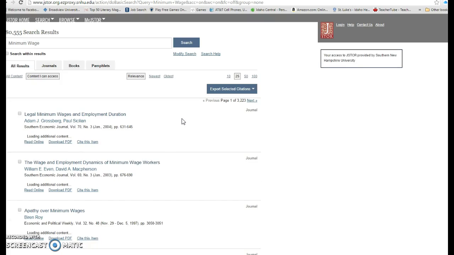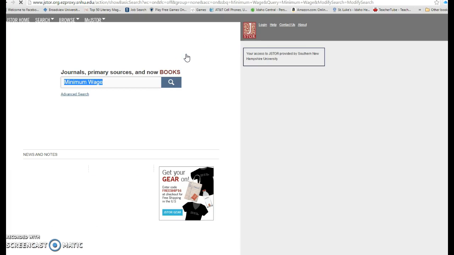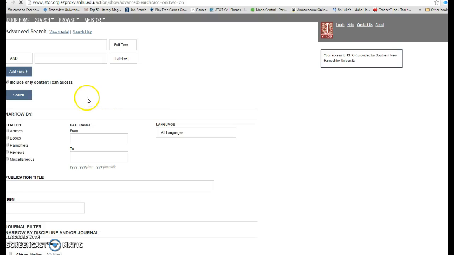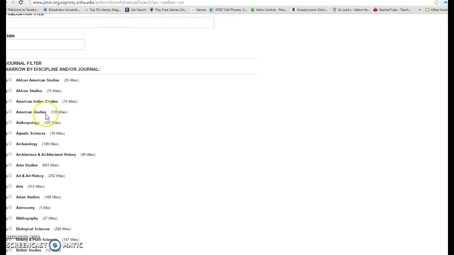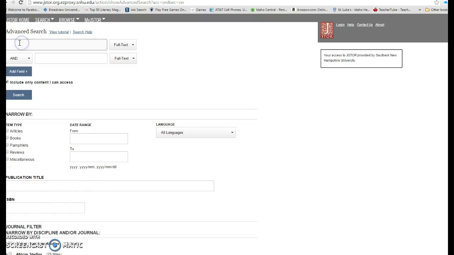So if we search for minimum wage, and I haven't adjusted it any, we should see how many do I have? Oh, I have 80,000 search results. So I didn't adjust it anyway, but I can modify my search, which you need to, because 80,000 is a lot. So I'm going to go to advanced search, and I can narrow it down to articles or books or pamphlets. I can give it a date range. I can narrow it down by discipline. Maybe I just want it to be in business, minimum wage of business, or I can do minimum wage,